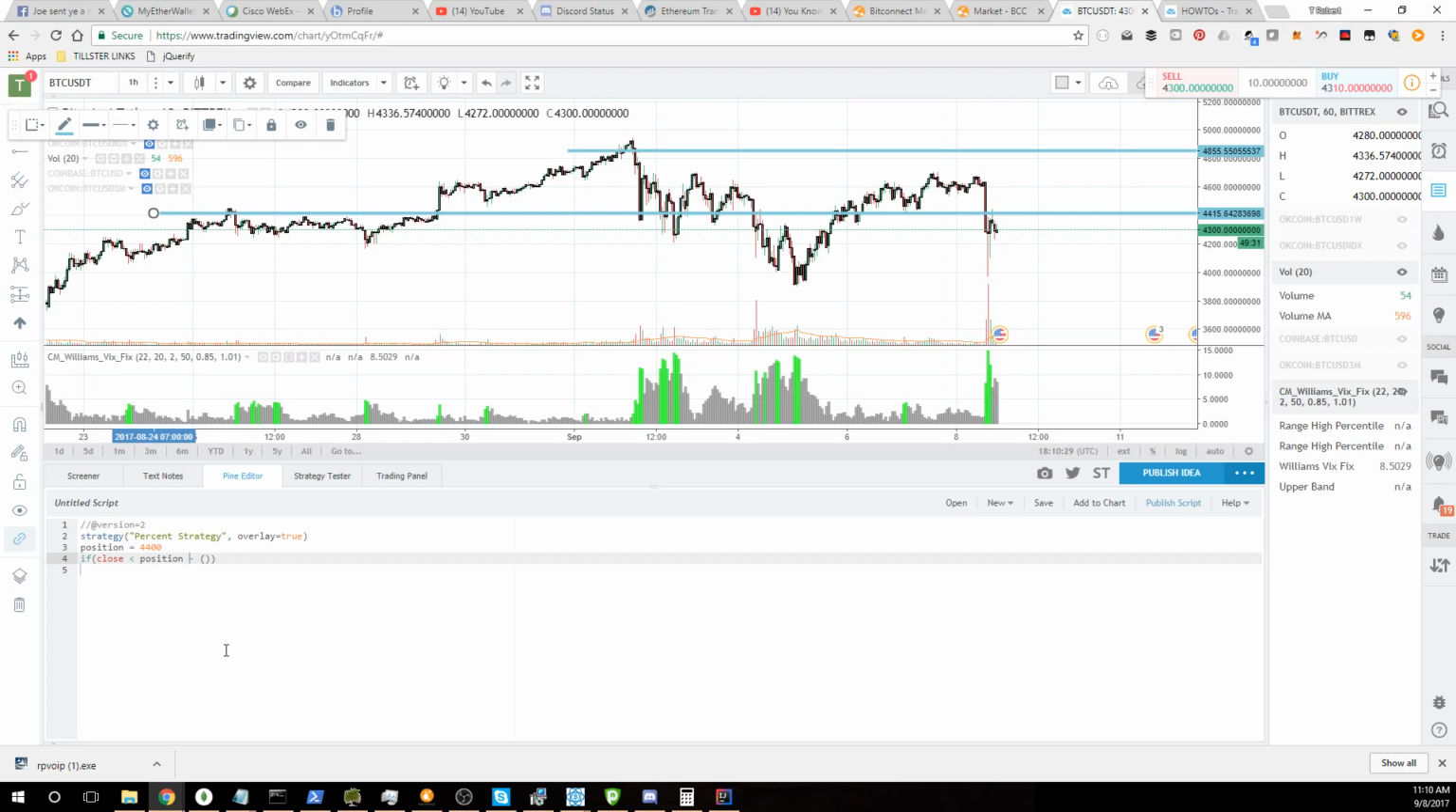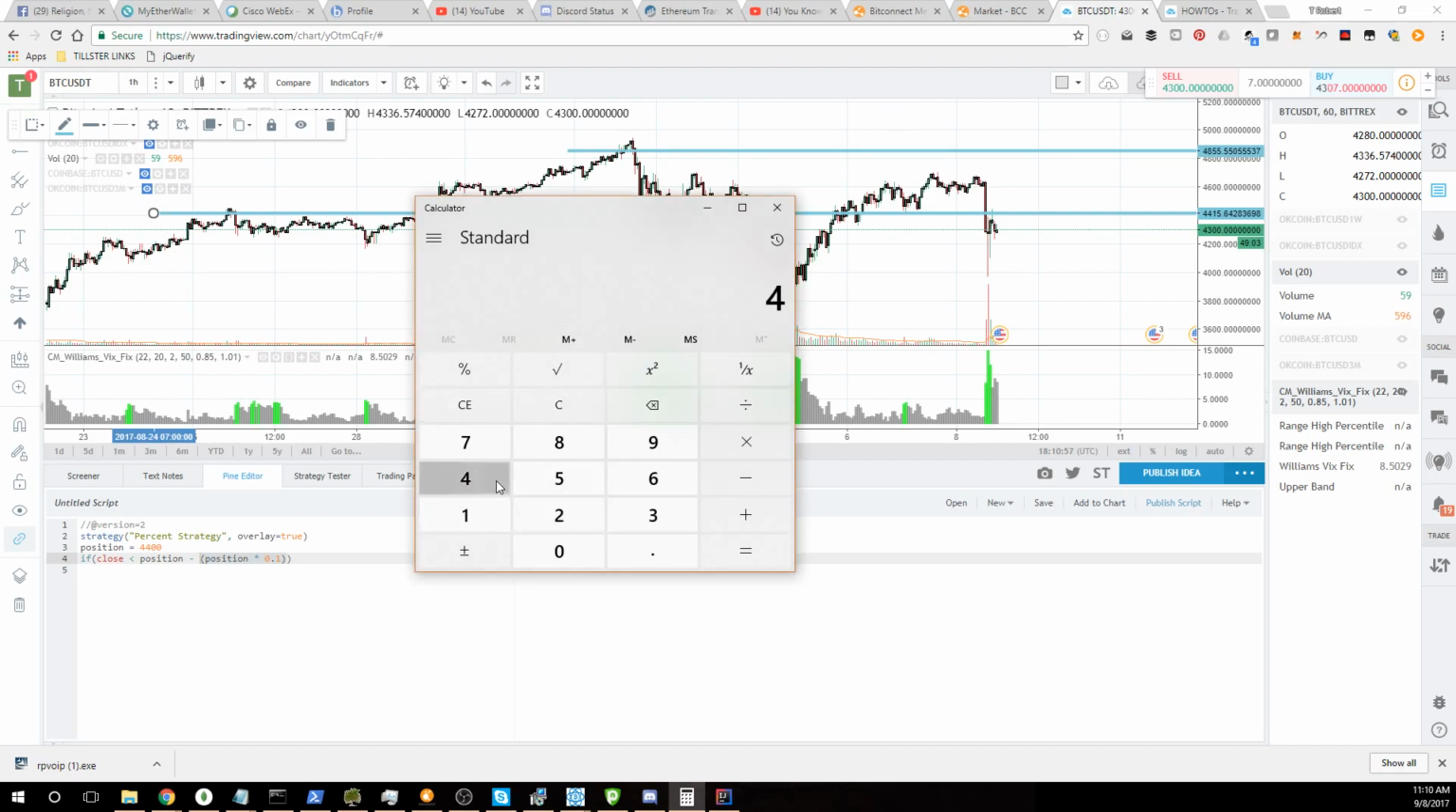So in order to subtract 10% from our position, we need to compute what 10% of our position would be. That is, again, position times 0.1, 10%. Okay? This equation computes 10% of our position. Let's pull up our calculator. If we have 4,400 and we multiply that by 0.1,